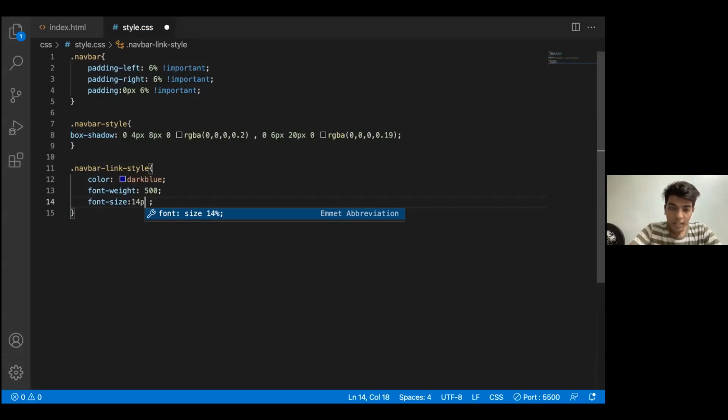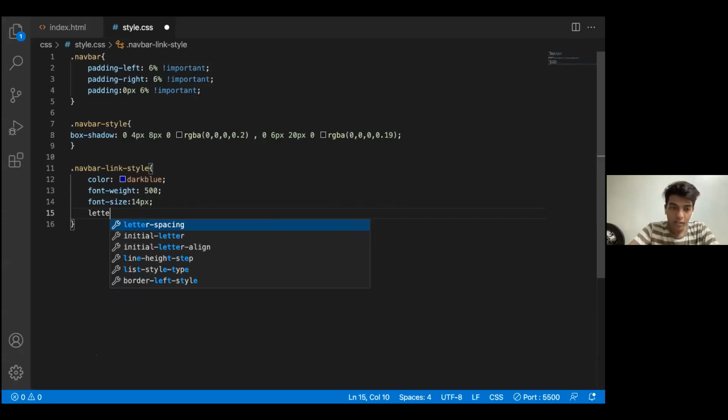Font weight means the boldness that you need in your font, and font size means the size of that font that you have written. I want every letter, individual letter, to have a spacing.